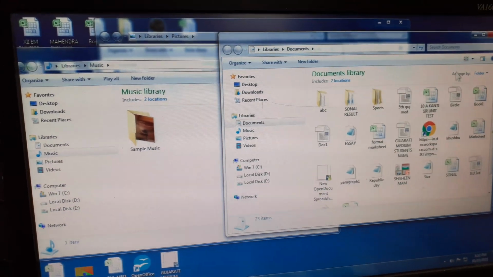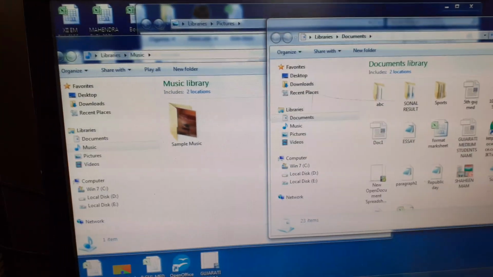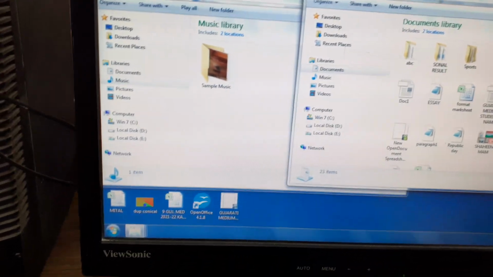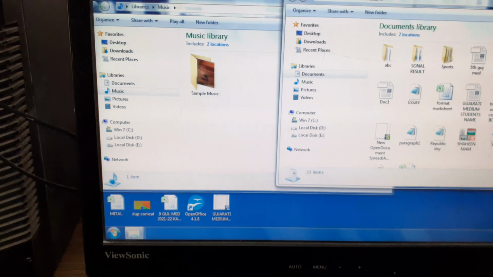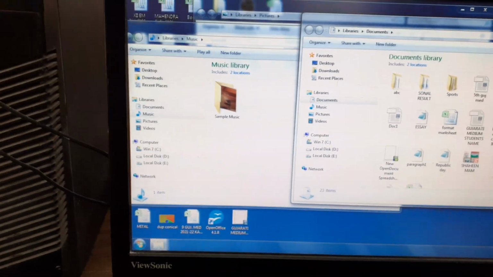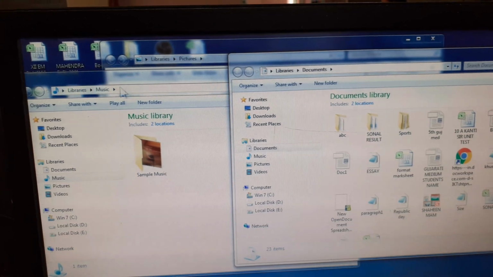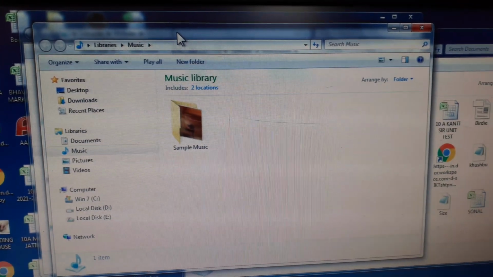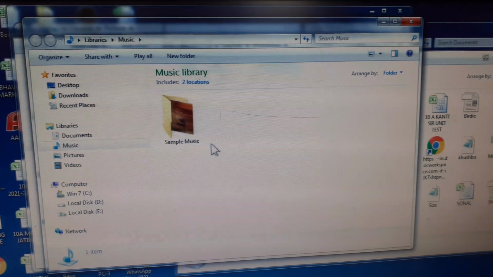Now we will see first of all the minimize button. First of all, which is the active window? So now we can say the music window is the active window.